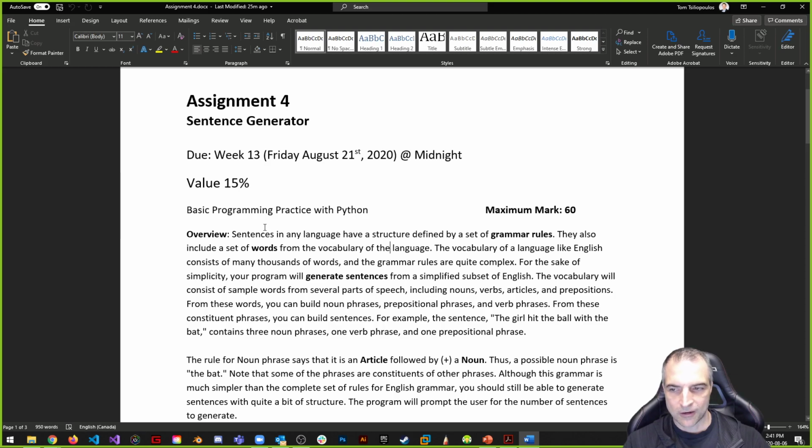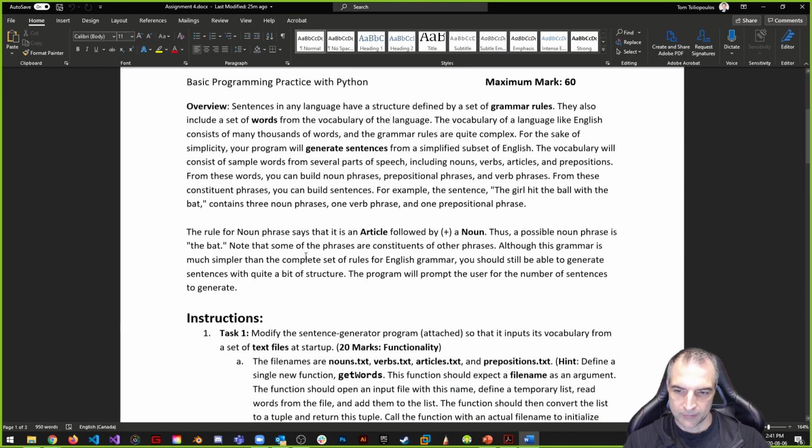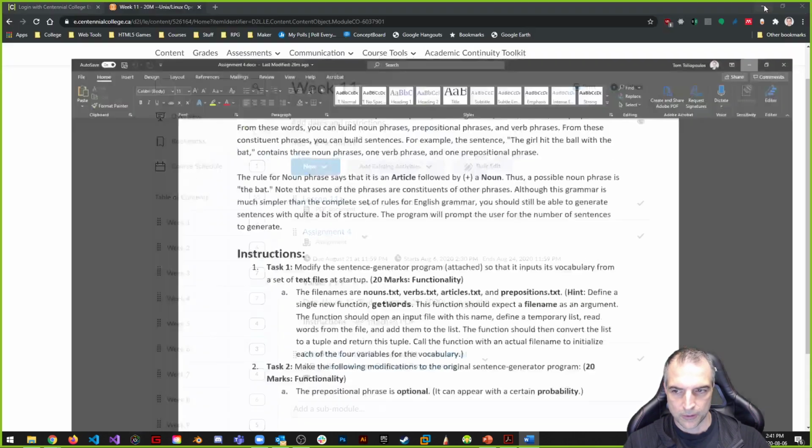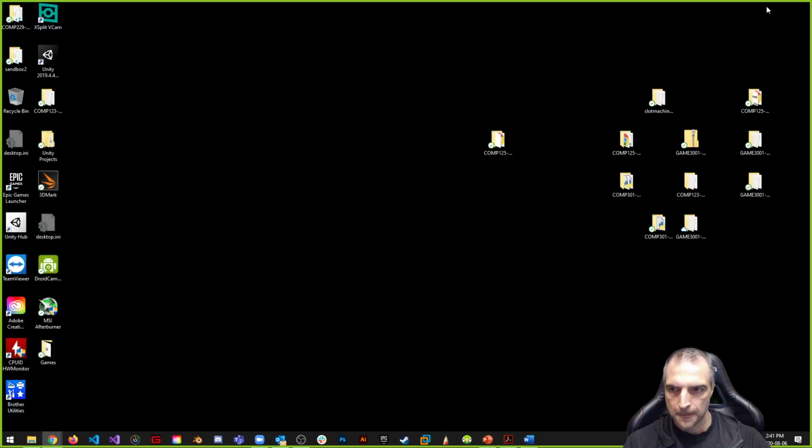So what is this thing that you're going to make? You're going to be using a sentence generator, which is kind of interesting that I guess our course lead had set this up. And what it is there is a piece of code that you're going to be given that's already attached to this. I've already attached it for you. So let's take a look at that code. And I'm going to spin up my VM for a second, since we might as well do that. Because I want to describe,